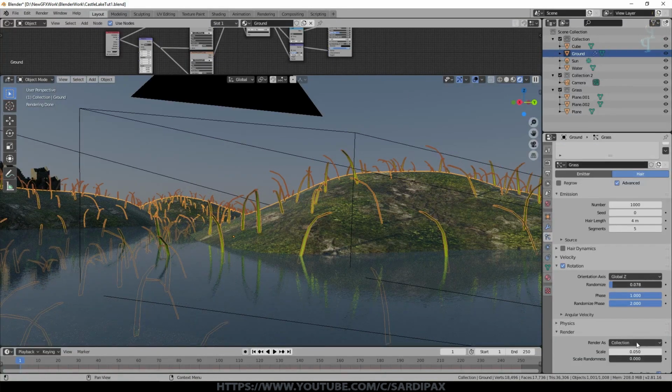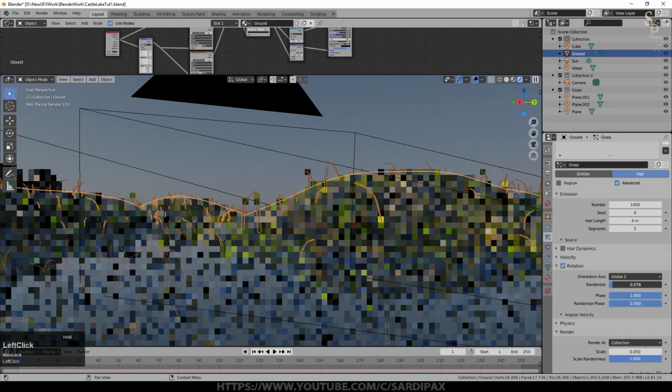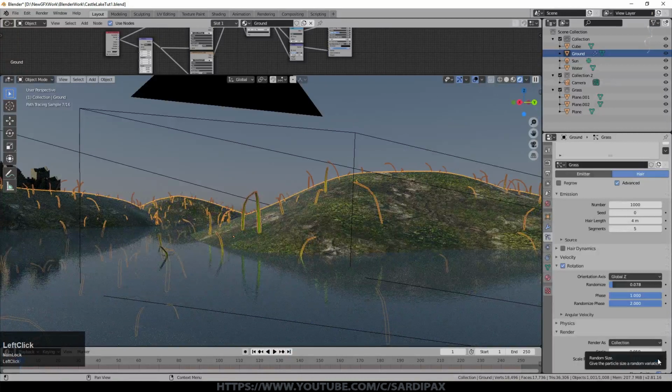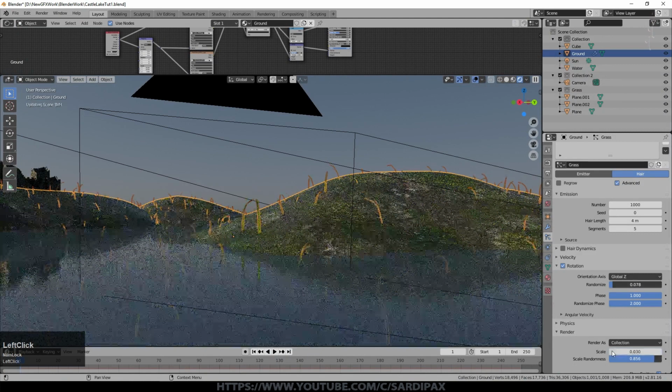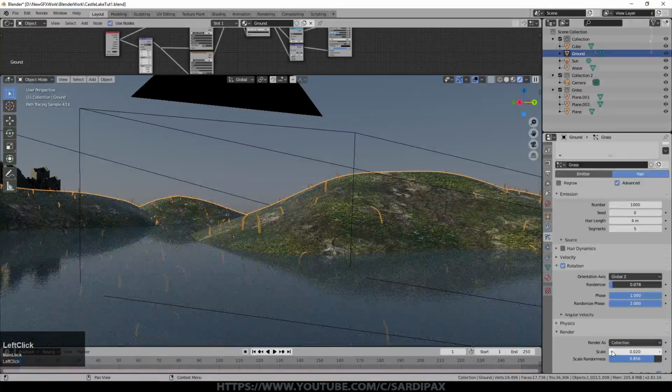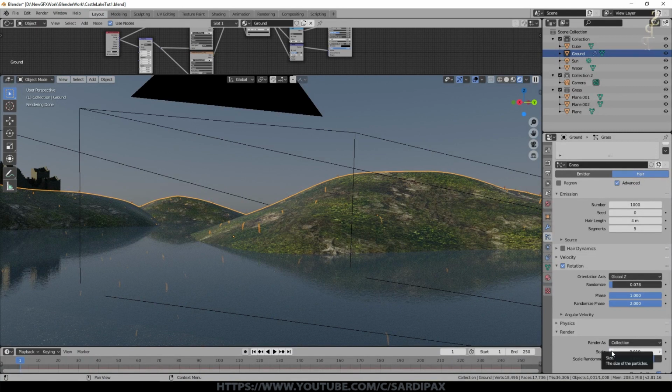Under render, before we change the scale, let's set the randomness up to maximum as well. Arguably it shouldn't be quite maximum because that'll mean the smallest ones aren't even visible. So I just back off a little bit from that and then turn the scale down to a sort of size that you think works. So far away they should be almost invisible. Even that's probably too large.